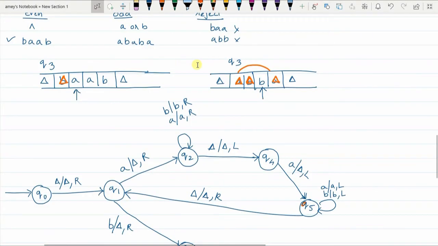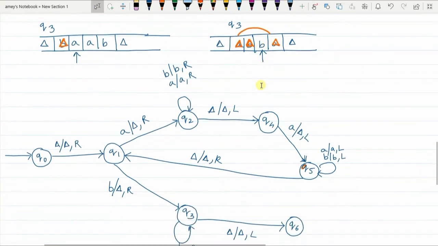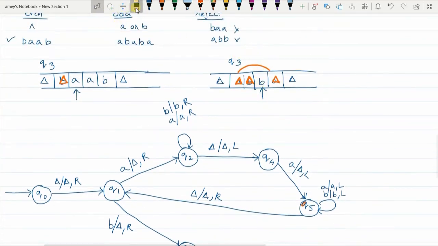So in Q3 state, delta was encountered, the pointer was earlier here, delta replaced with itself, the pointer moved one place to the left, and now I am in which state? I am in Q6 state. So this is that Q6 state. Now you are going leftwards after getting the B here.